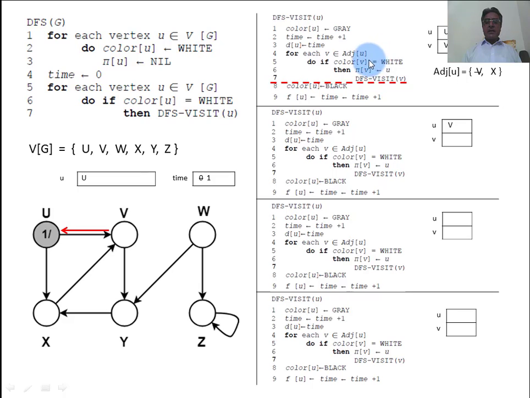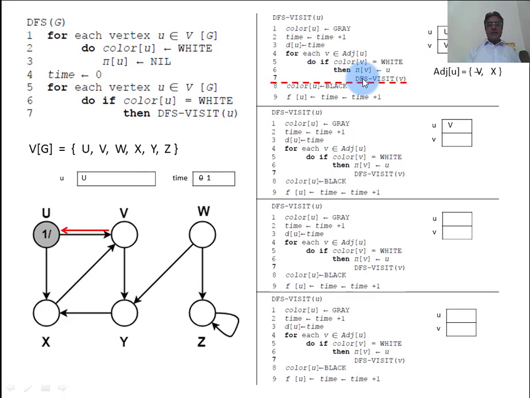Then after assigning the parent u to vertex v, DFS visit v. Now v is passed to u. From the main program, U is passed to this u. Now V is being passed to this u, and this will start its processing again. Adjacent of u: there were two adjacent vertices. U contains two adjacent, this arrow to V and this arrow to X. So V and X were the two adjacent. We have processed here only the first adjacent and assigned it to v. So v belongs to this set adjacent of u, and v contains the value from this set.